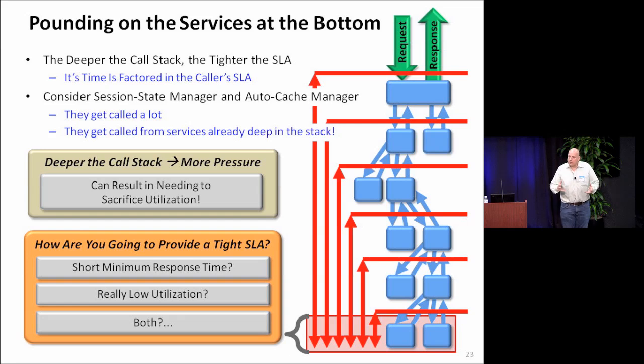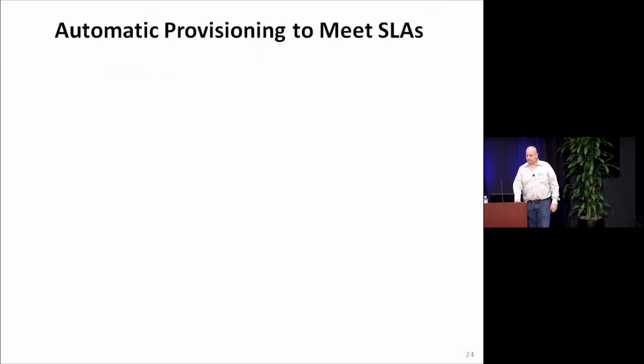I mean, we all know that the utilization impacts the response time, right? If you run the thing at 50% utilization, the answer is going to take twice as long, twice the minimum response time when the thing's completely unloaded. And the busier it is, the longer your response time is going to be.